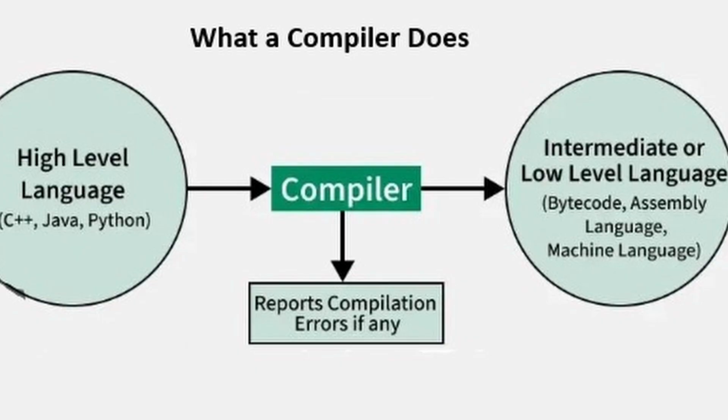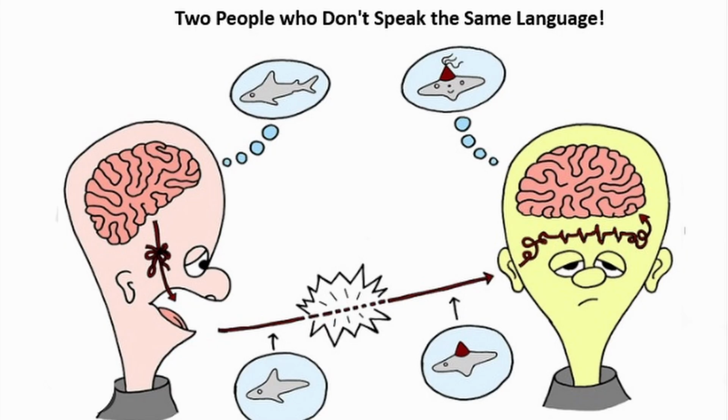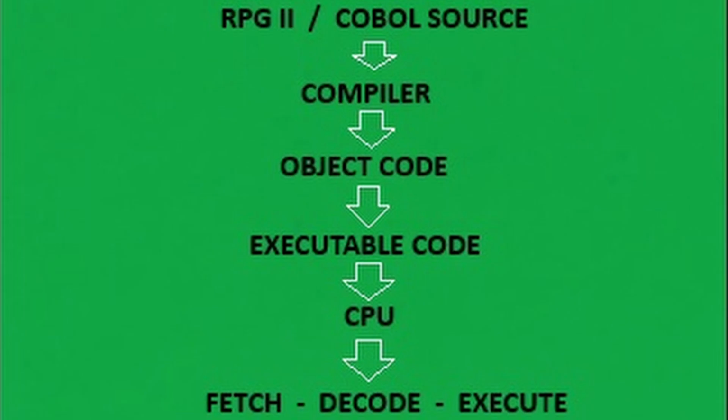The compiler. But there's a problem. The CPU still doesn't understand COBOL. It doesn't understand RPG, FORTRAN, or BASIC. Ultimately, it needs machine instructions. That's where the compiler comes in. The compiler acts as a translator. It takes the source program written in a high-level language and translates it into the lower-level instructions needed to create a program the computer can execute.